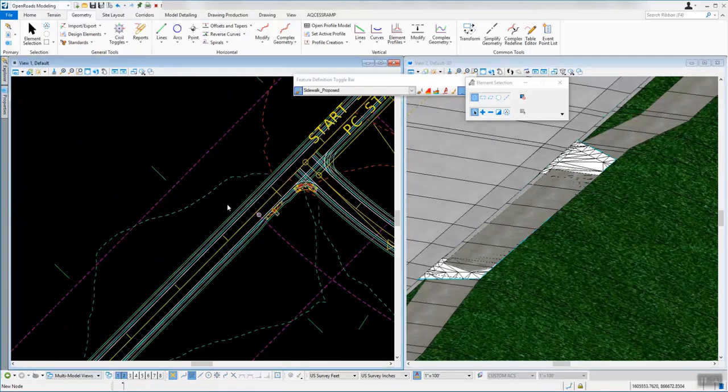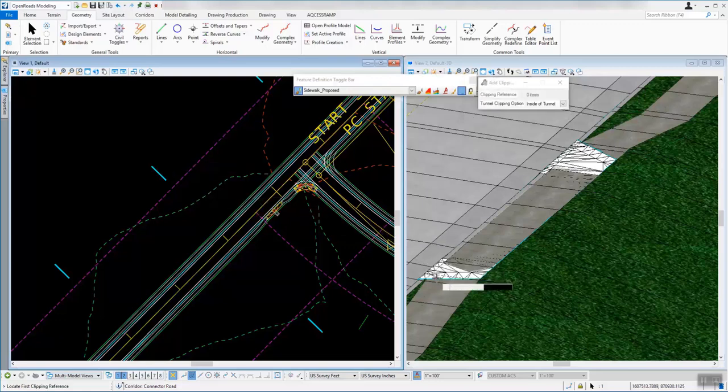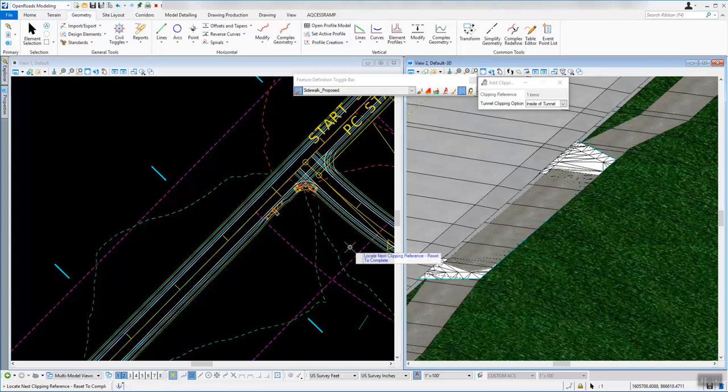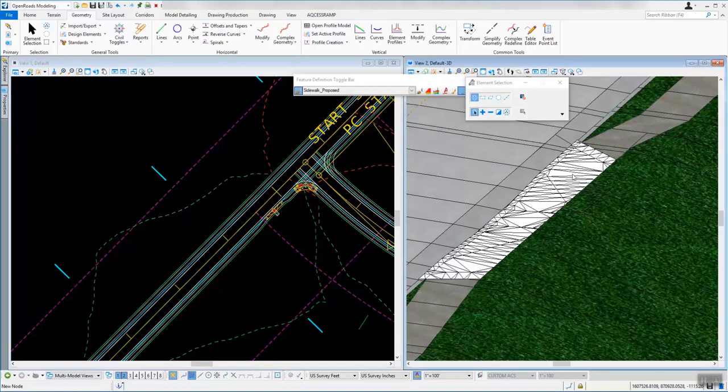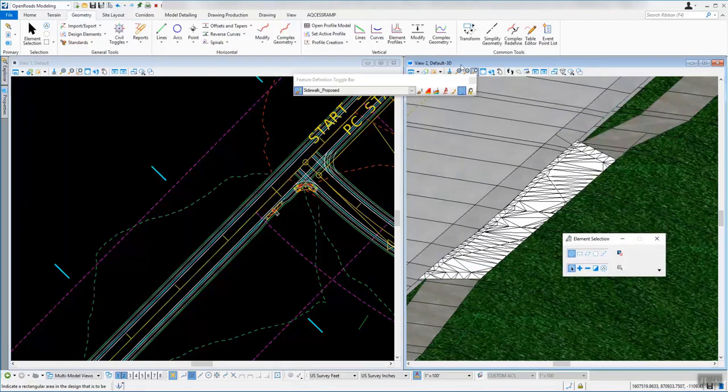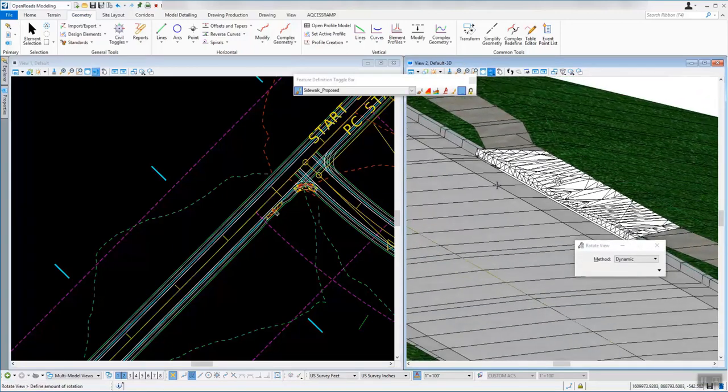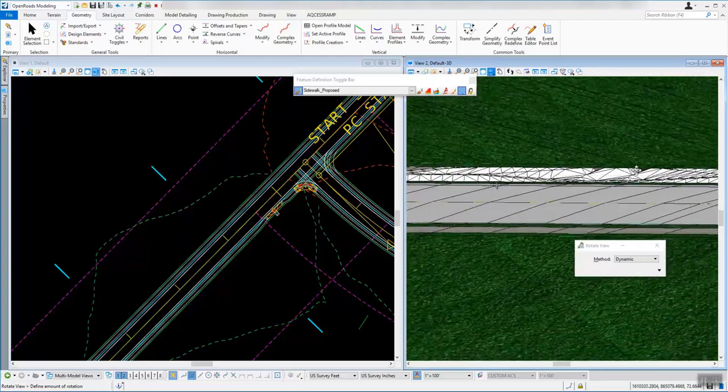So if I zoom out just a little bit and say I want to clip that sidewalk out, you can hover over the grips for the corridor, come into our regular clipping tools, add a clipping reference, and select that surface, and then when you reset, it will go ahead and clip out that sidewalk and put in our new sidewalk surface that will overtake that. So if I take a look at what that did for us, you can see that it has created a curb ramp right in there for us,